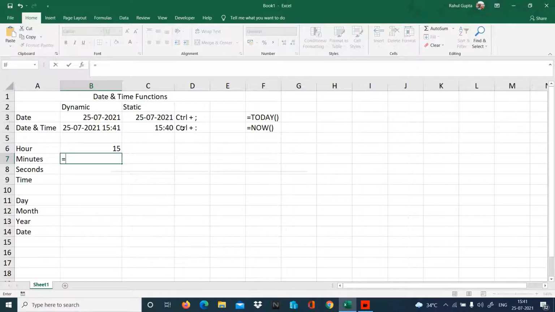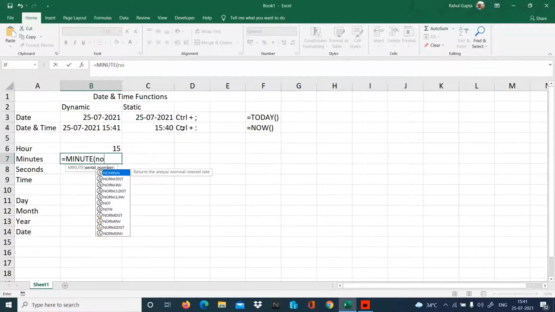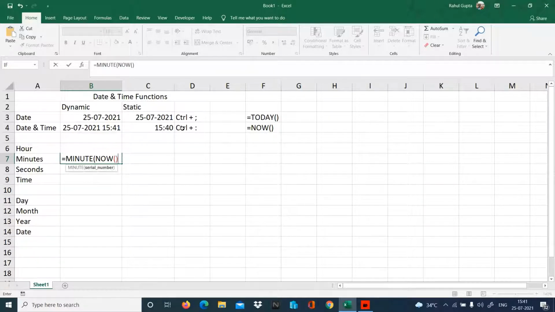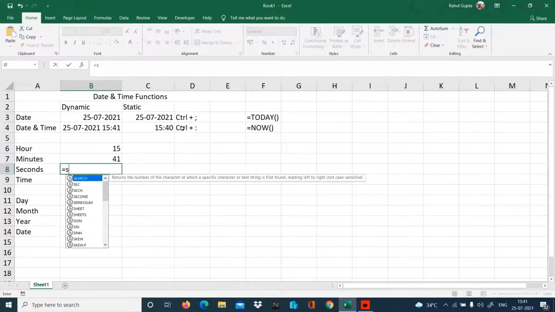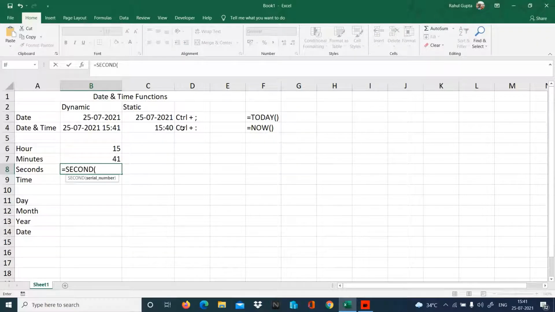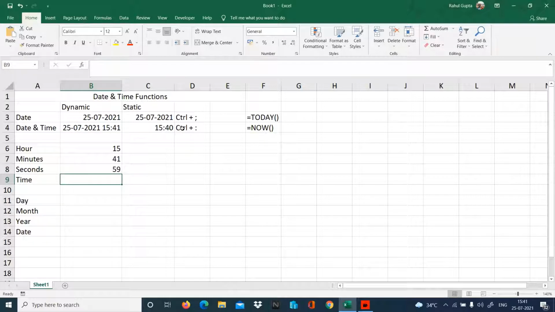For minute, I'll type MINUTE, and I can directly type the NOW function. It gives 41 minutes. Then second, and I'll select the output. So I got 15 hours, 41 minutes, and 59 seconds.